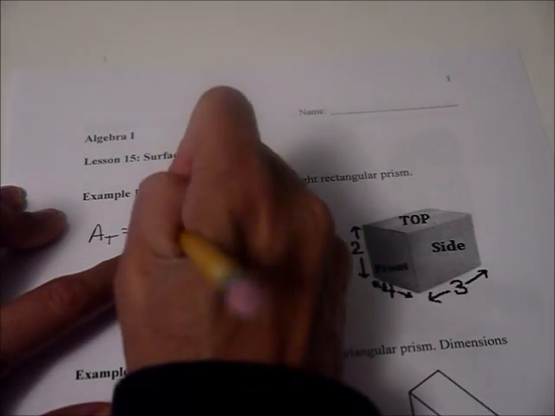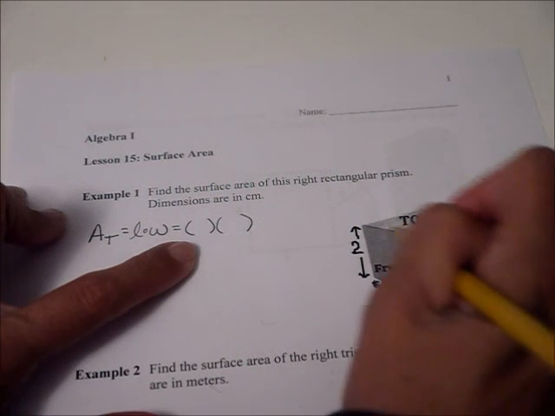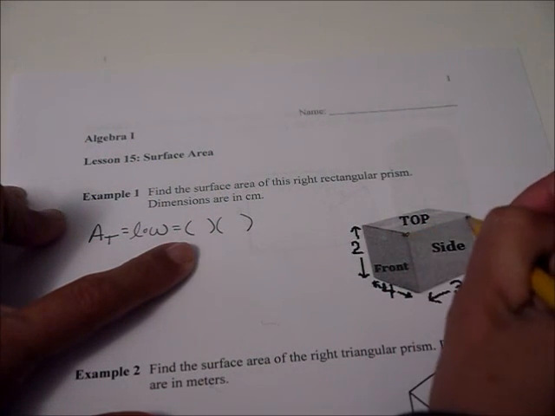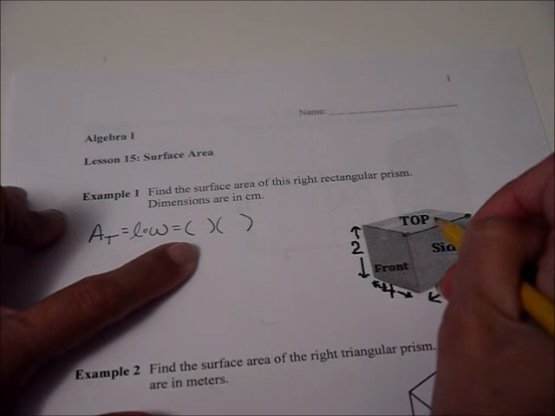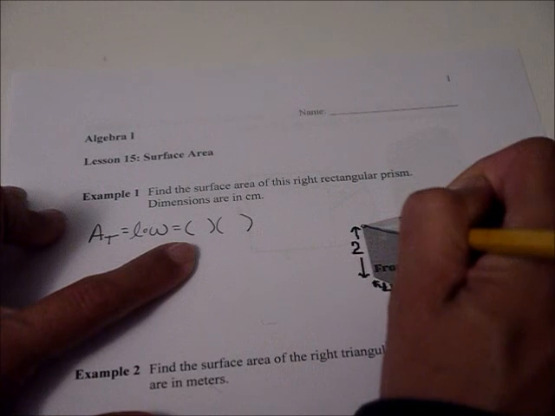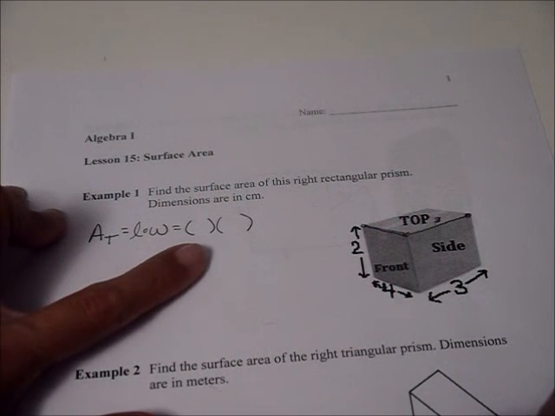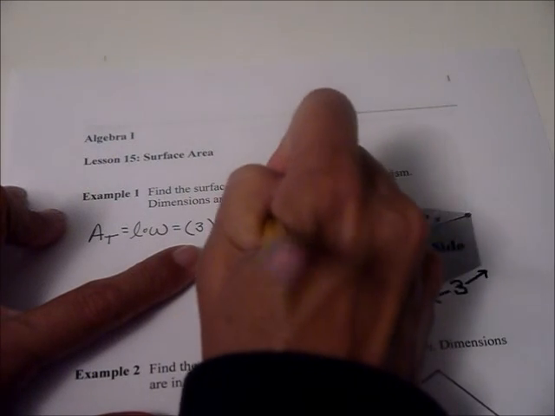So if we plug in what we know, our length of the top, if we look from here to here, we have a 3, and then from here to here is a 4, so it's 3 by 4, so it is 12